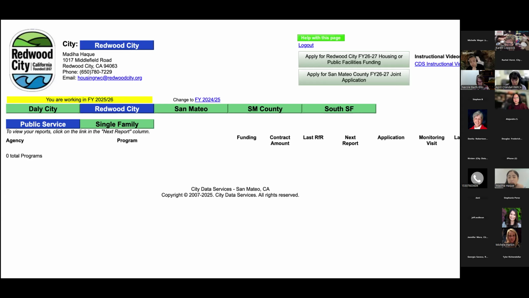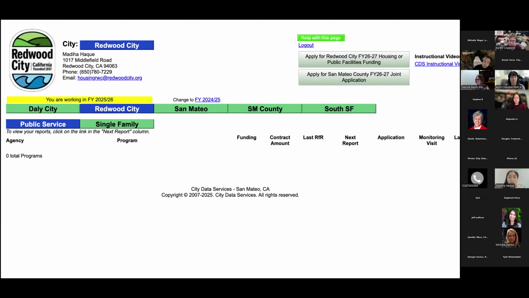Hold on, I have it. Yes, Red 2026. So if they wanted to just access the Redwood City one, they could use that login. We did that just because we didn't want to confuse new applicants by just having the San Mateo County login, because then it gets a little bit confusing from the user side.